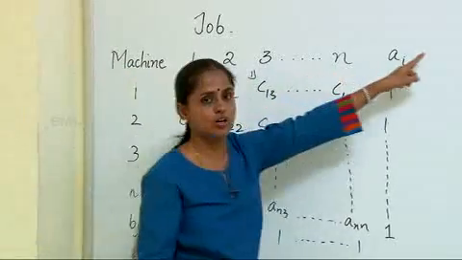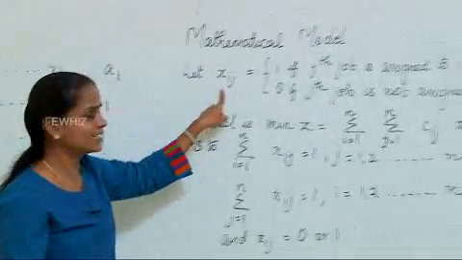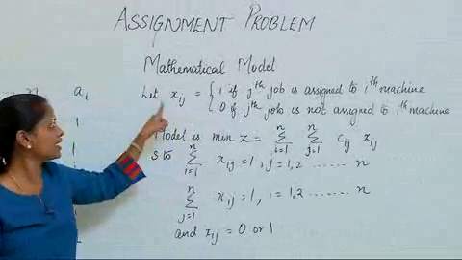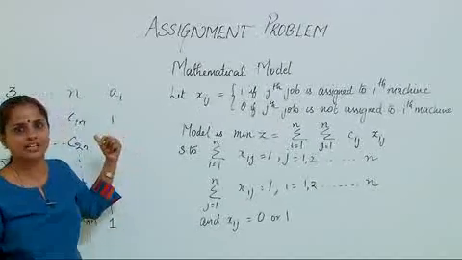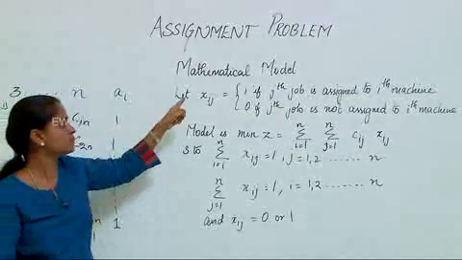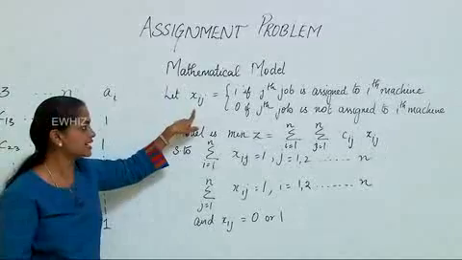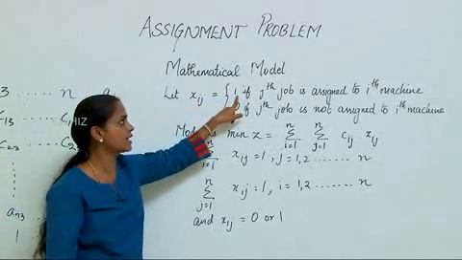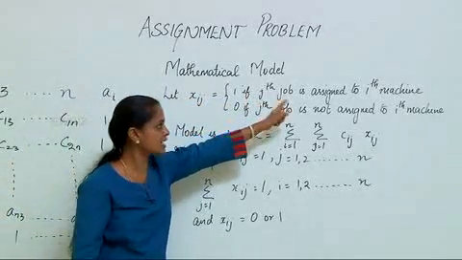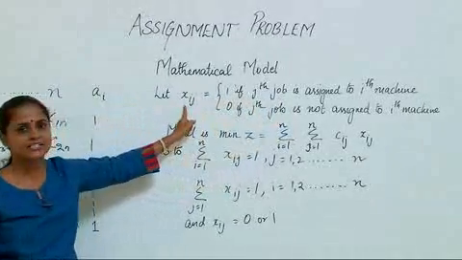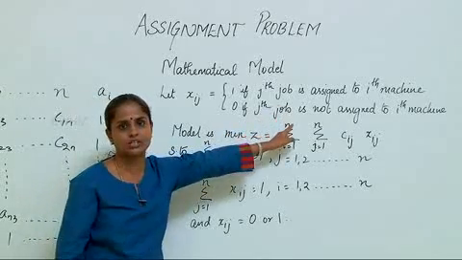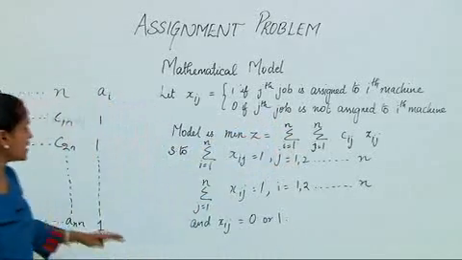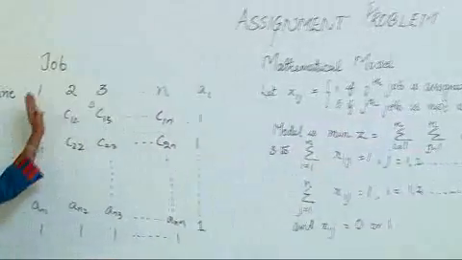And the mathematical model goes like this. This Xij, if you remember, I used to call it as the allocation to be made. Xij is the number of allocations made in transportation problem. Here in assignment problem, this Xij is equal to 1 if jth job is assigned to ith machine, or Xij takes a value 0 if jth job is not assigned to the ith machine. So you just compare it with the transportation table.